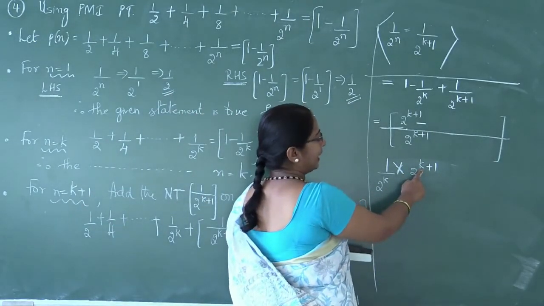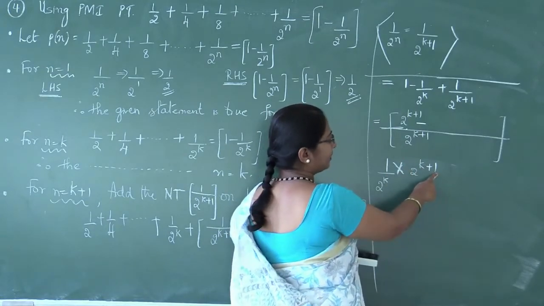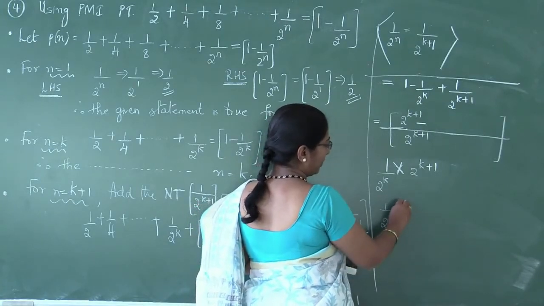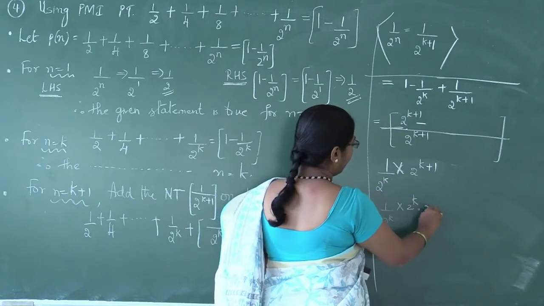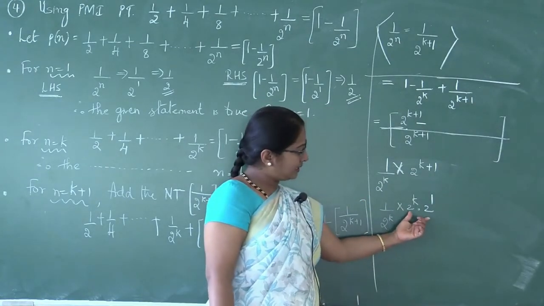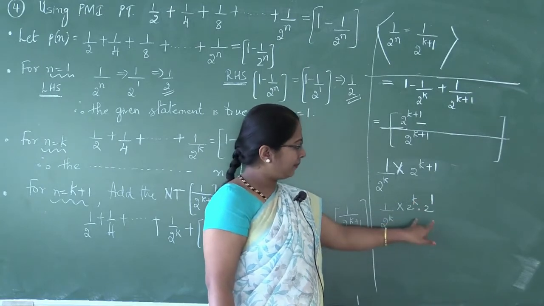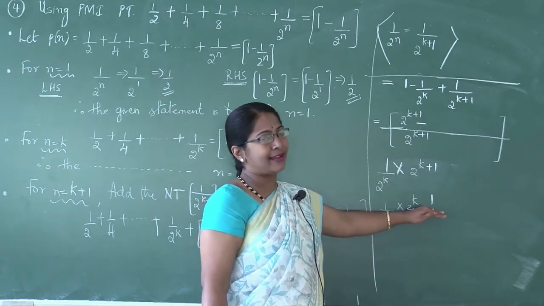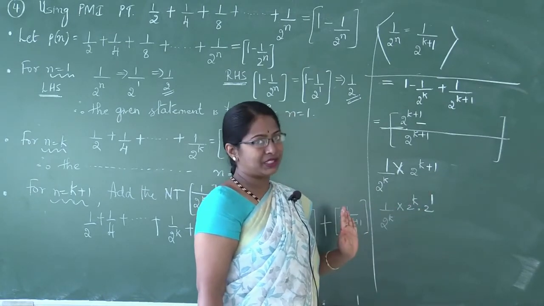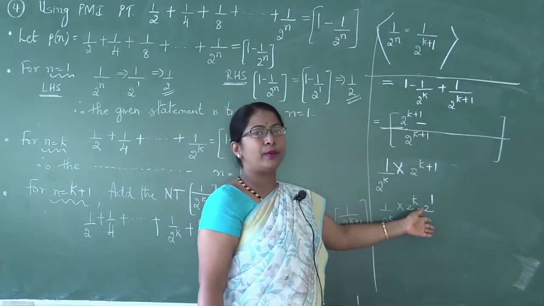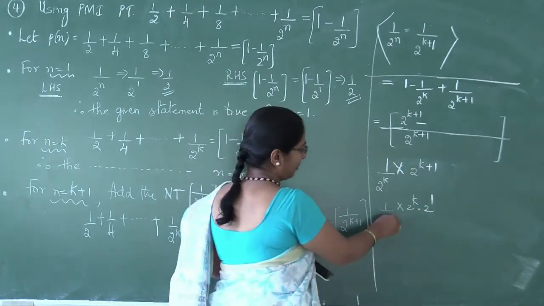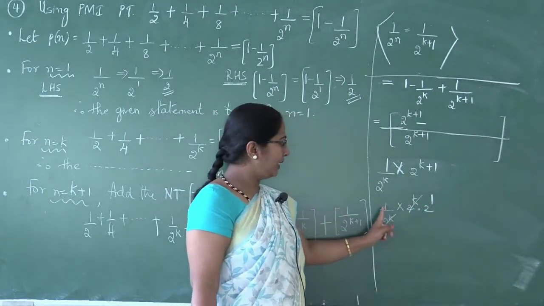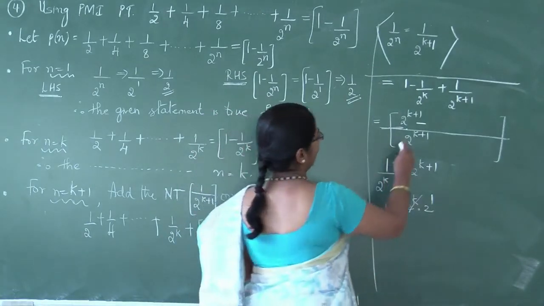The base for the k term is 2, as well as the base for the 1 term is also 2. So I can split and rewrite this as 1 divided by 2 power k into 2 power k, 2 power 1. Observe here, the bases are same, powers can be added. Bases are 2, powers are k and 1. Since bases are same, powers can be added and I can rewrite this as 2 power k plus 1. So can I write 2 power k plus 1 as 2 power k into 2 power 1? Yes. So this 2 power k and 2 power k gets cancelled. What is 2 power 1? That is nothing but 2. 2 into 1 is 2. I will write here 2.